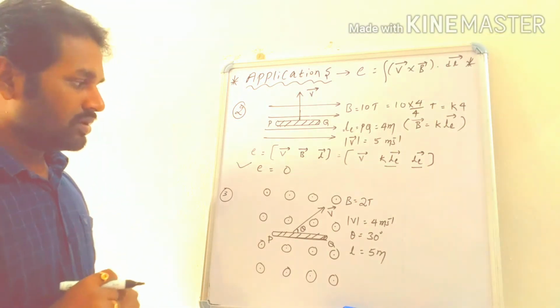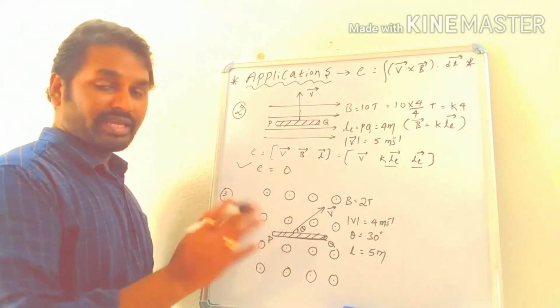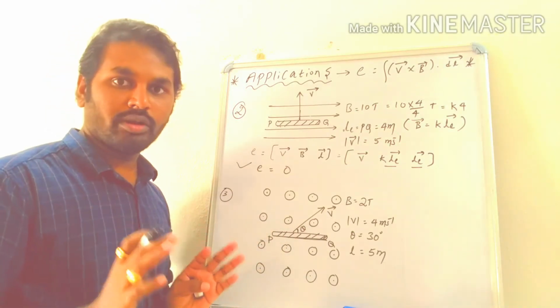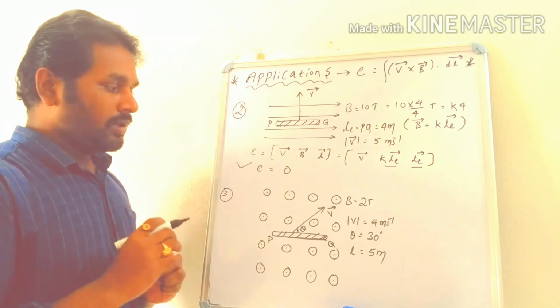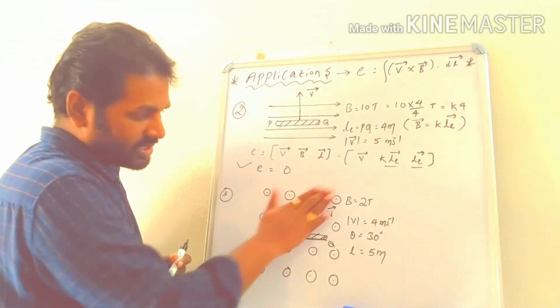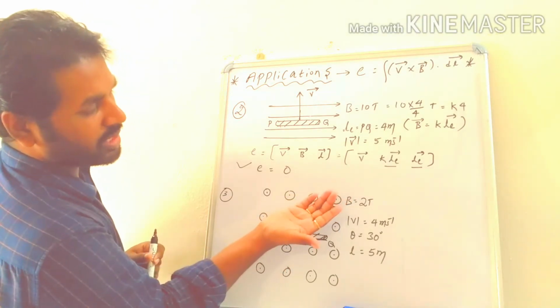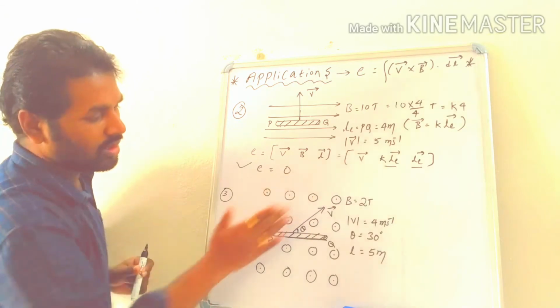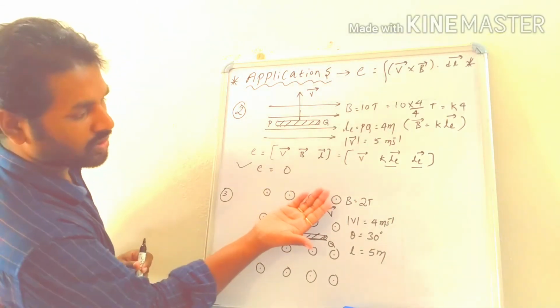The same thing. First, we need to find the effective length. The effective length is okay because it is not a non-uniform rod. Directly it is given uniform rod. PQ is the effective length. So V bar is in this direction, B bar is outward. You can see this is V bar direction, B bar is outward. This is V bar along the xy plane, and B bar is outward. So V bar